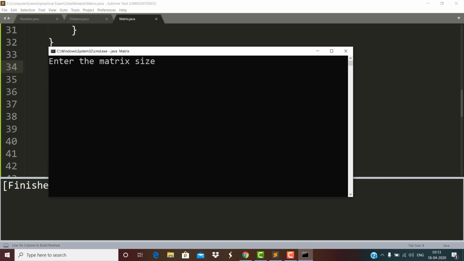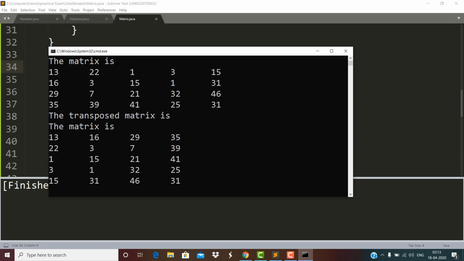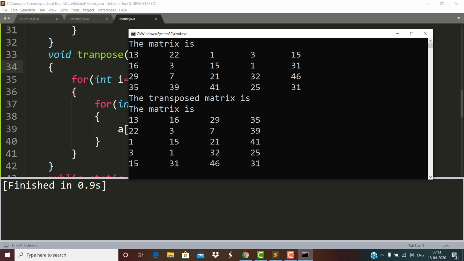Suppose it is 4 comma 5. Now see, there are 4 rows and 5 columns. Now in the resultant one you will see that there are 5 rows.